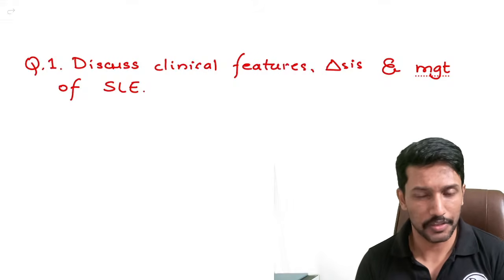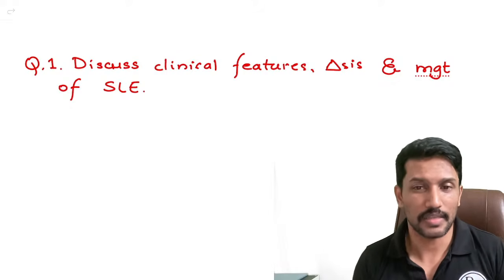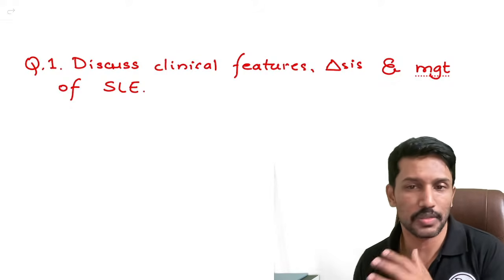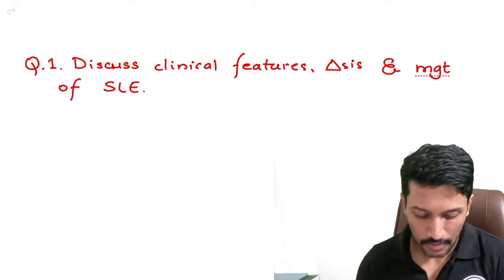And then when it comes to management, you should be able to write what is the preferred standard treatment, and when the standard treatment fails, what are the advanced treatment options available. If this is done, out of 10, 7 marks will be given to you. Okay, so let me begin